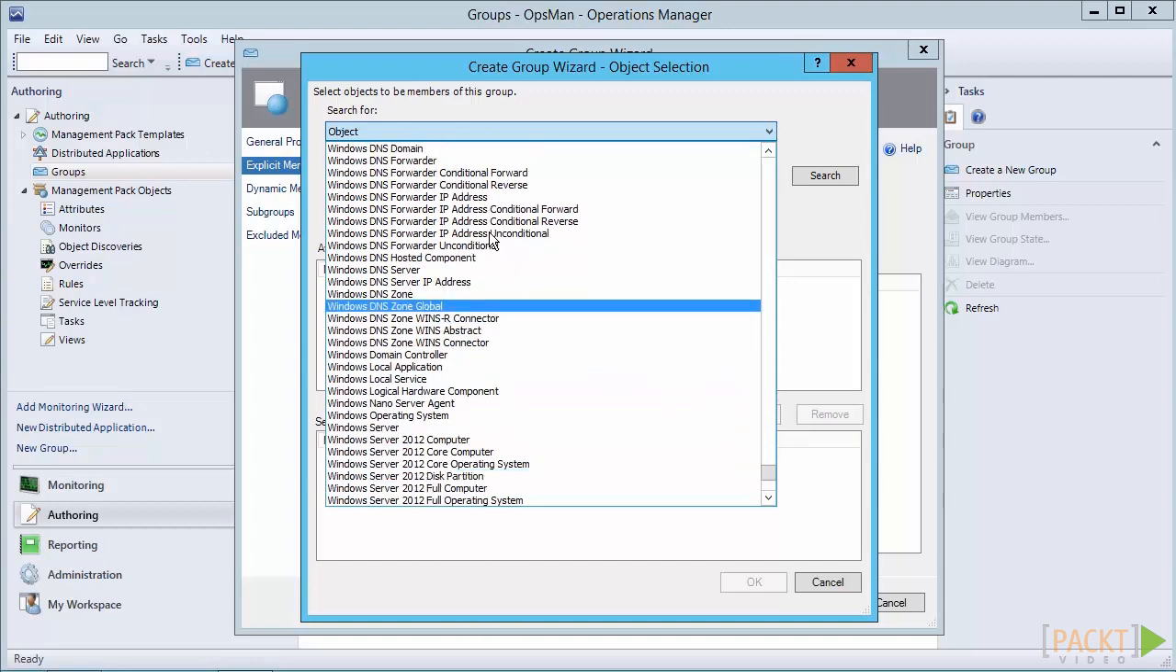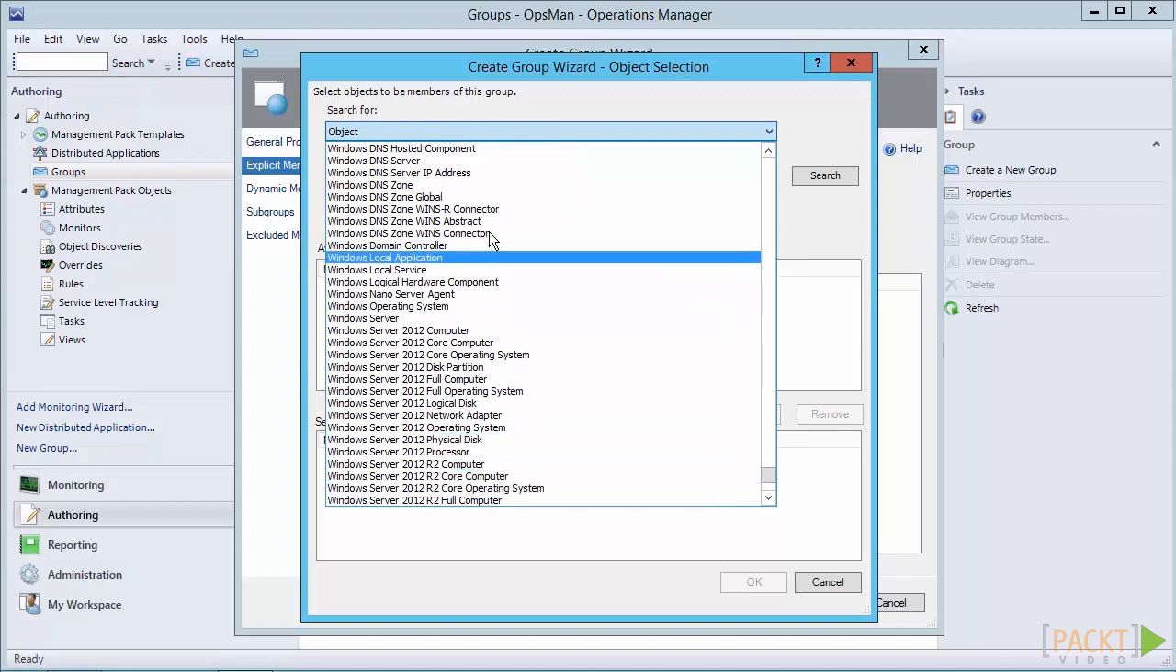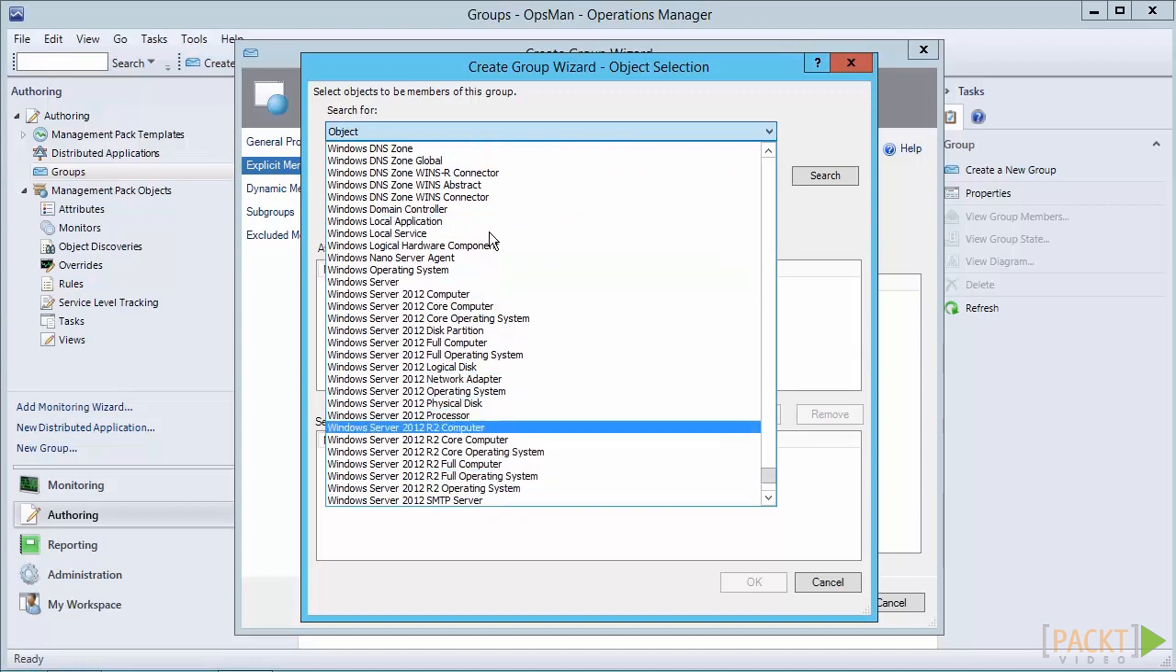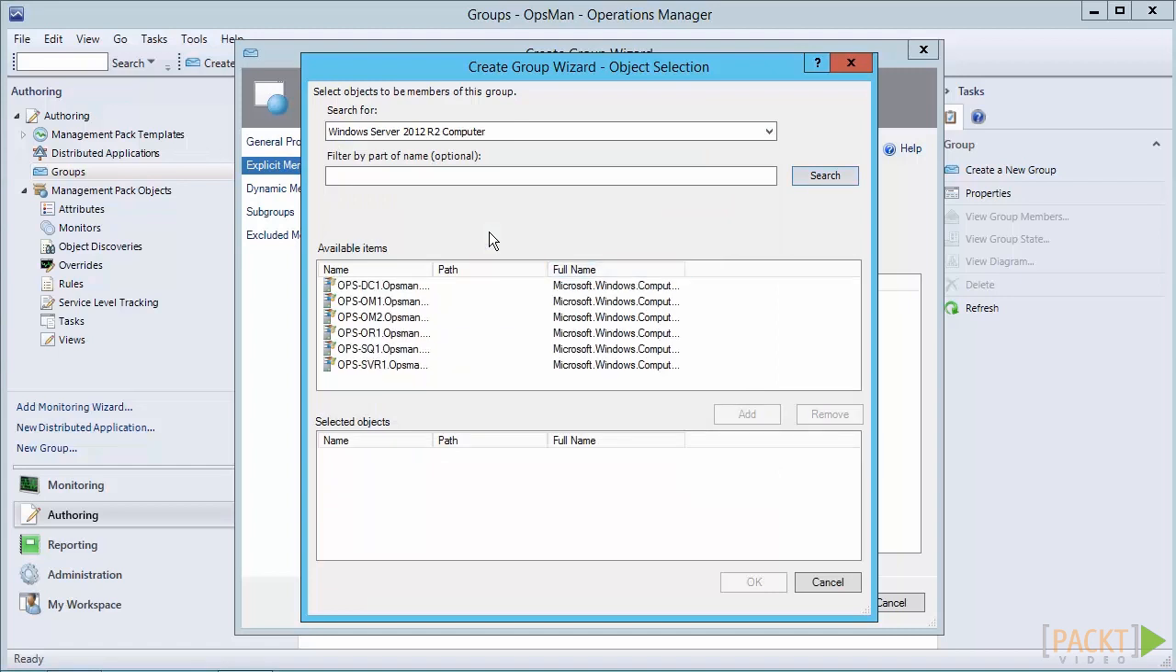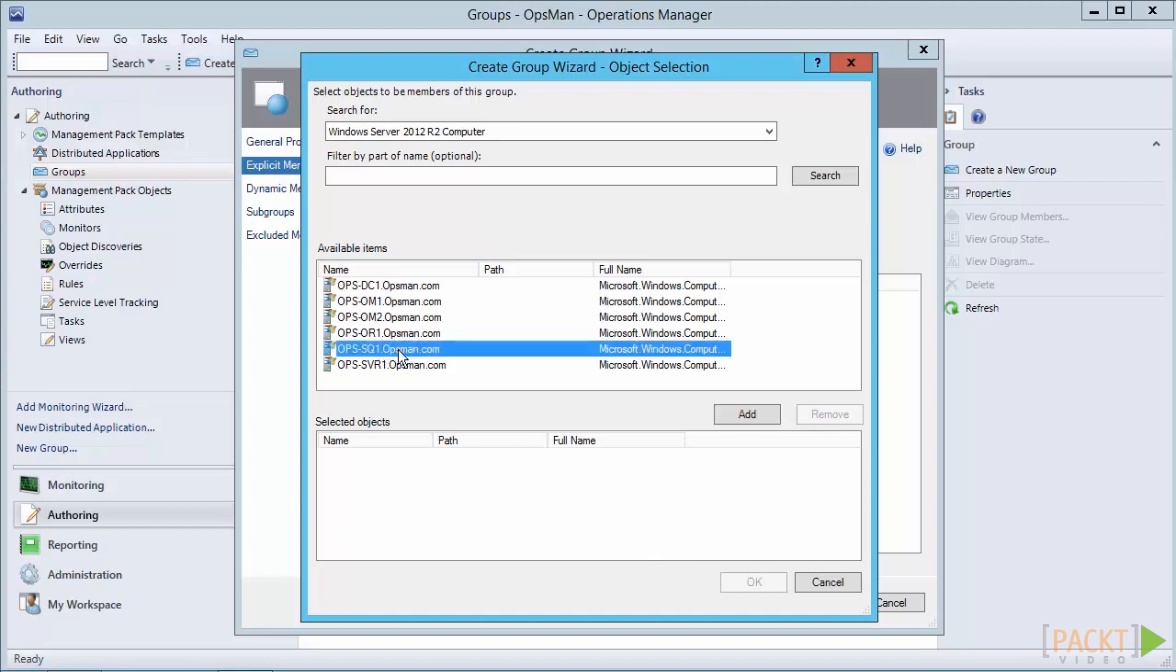And I can actually look for Windows Server 2012 R2 Computer. So that's the computer I'm looking for. Click Search, and the wizard will bring up a list of all of my 2012 servers that are discovered. I would highlight any of the servers that are available in this particular list. Since this is a list of specific SQL servers, I'm just going to highlight the SQL server, click Add,